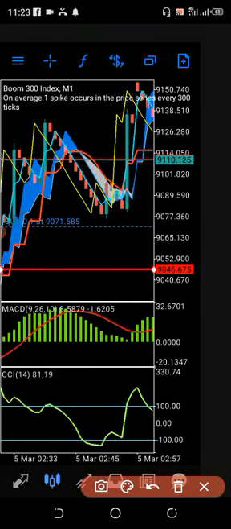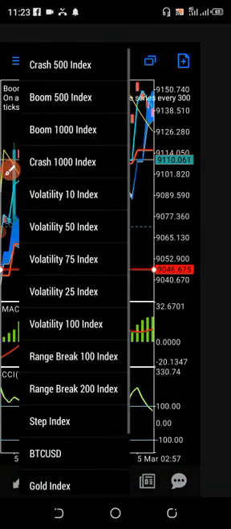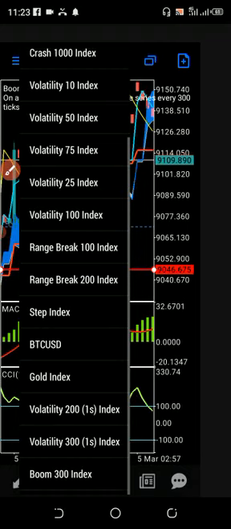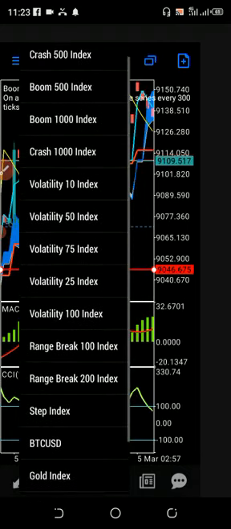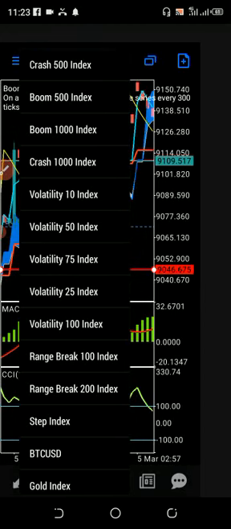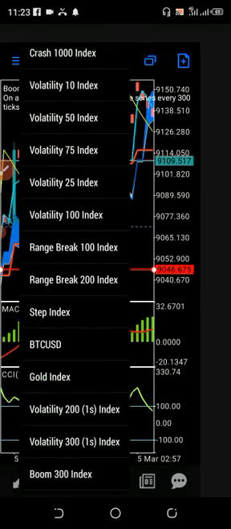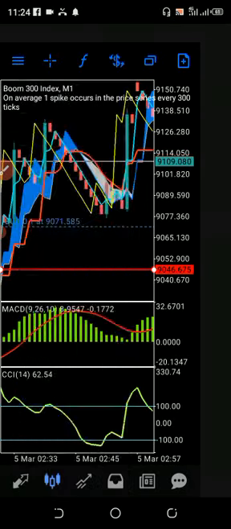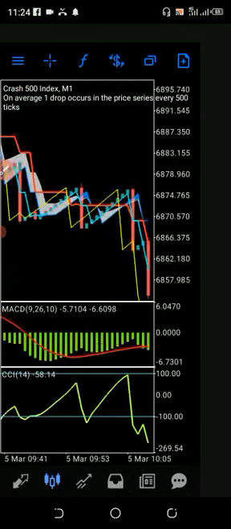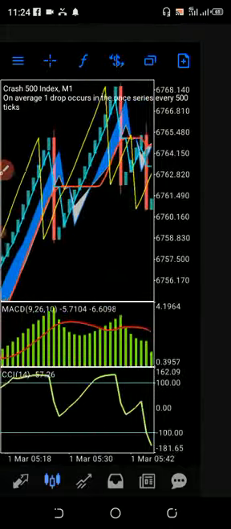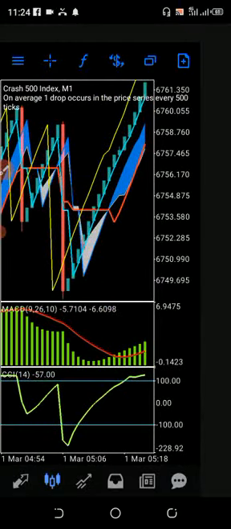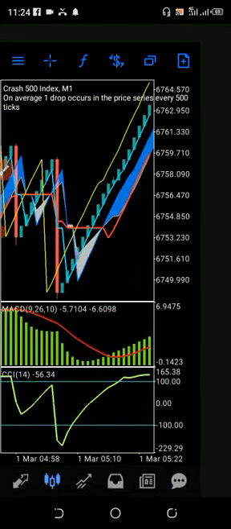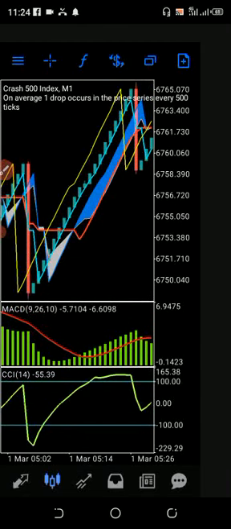On boom, let's check on crash. I think it can be clearer and easier. Okay, let's check on crash. Let me take crash 500. Now look at this thing. Have you seen it? On crash 500, each blue like this